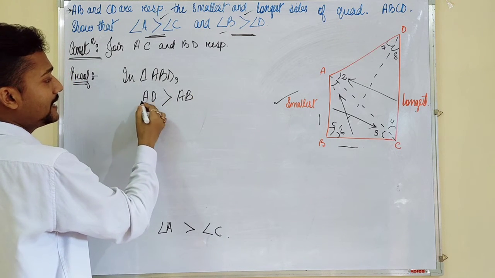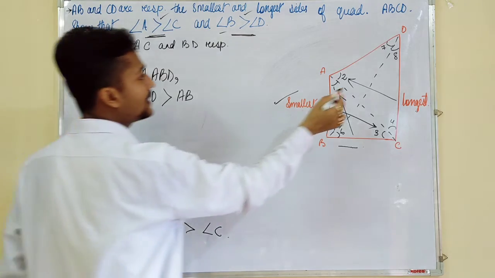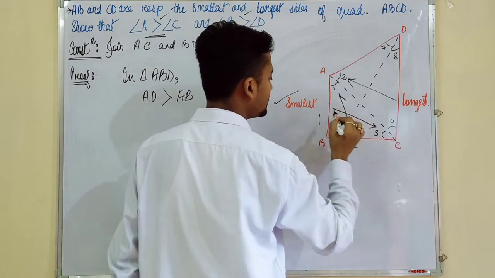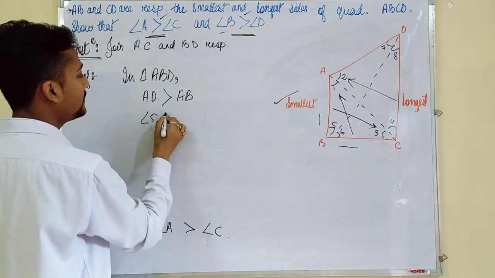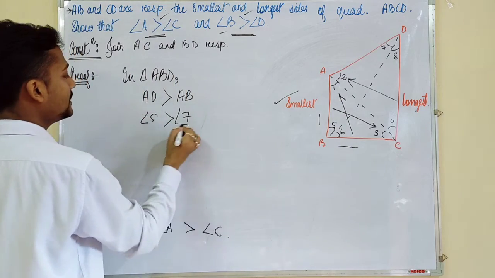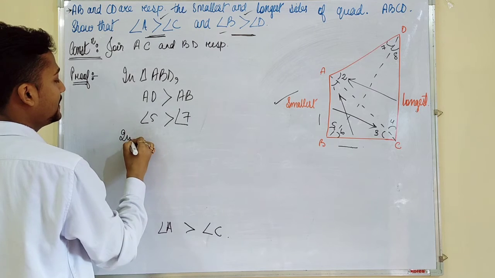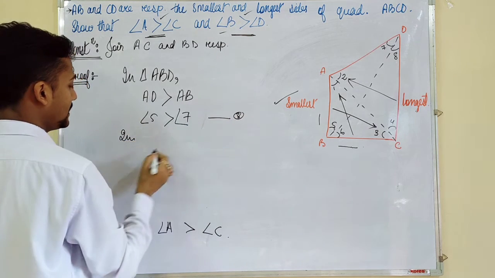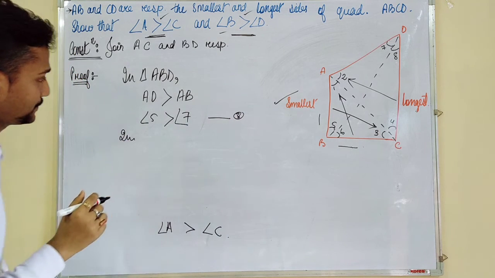Okay. If AD is greater than AB, then the opposite of AD, angle 5, will be greater than the opposite of AB, which is angle 7. Isn't it? Then in triangle, mark it as 3. In triangle